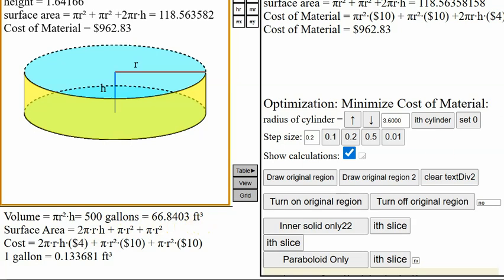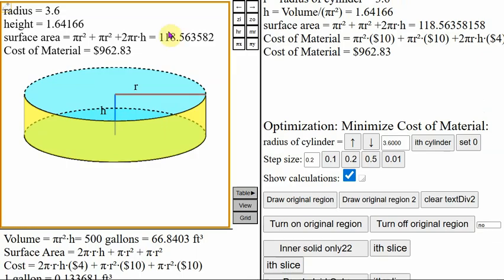Right now I set the radius at 3.6 feet, and therefore the corresponding height has to be 1.64166 feet, because the volume is fixed at